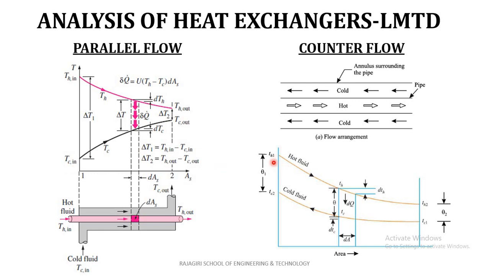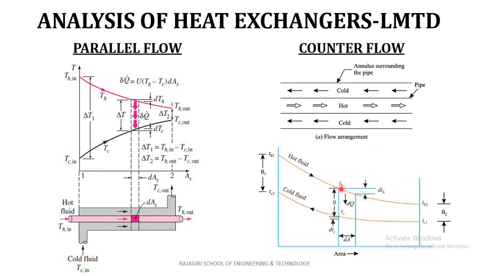The suffix 1 represents the inlet condition, and the suffix 2 represents the outlet condition of the heat exchanger. So you can see the hot fluid in a parallel flow heat exchanger